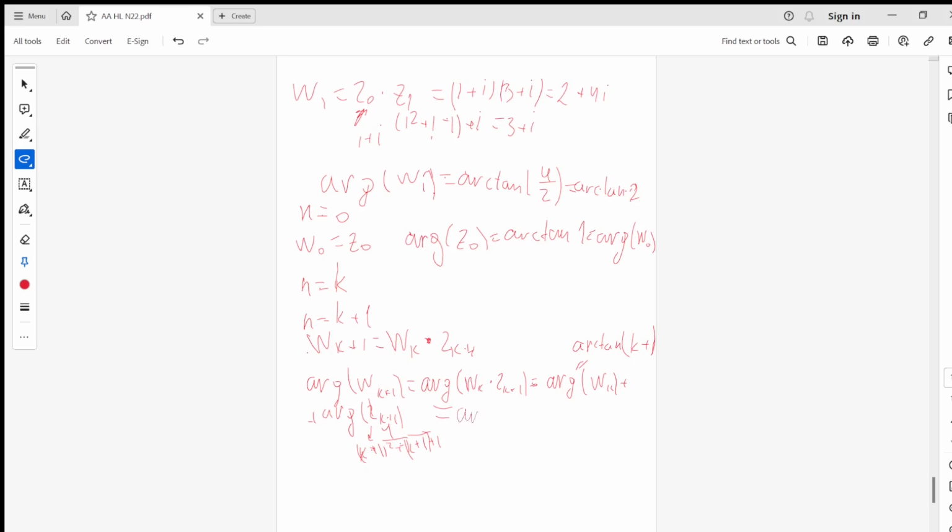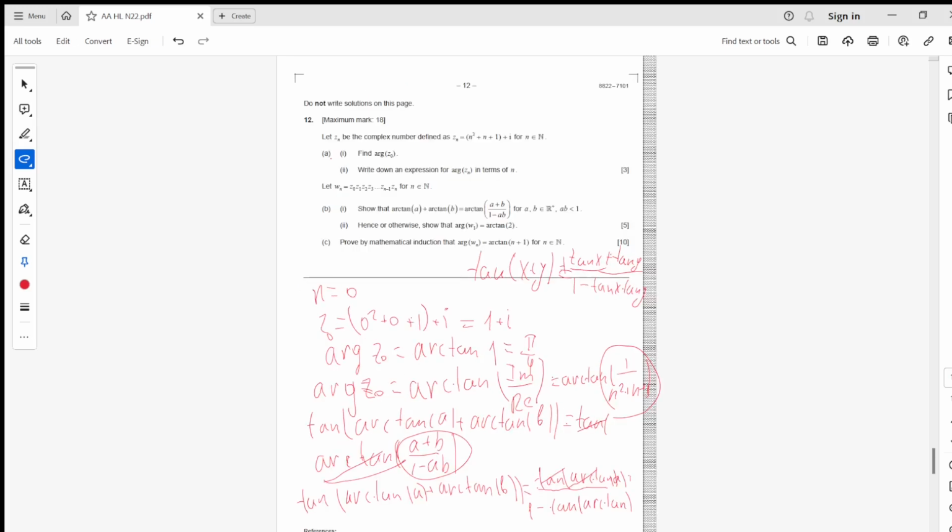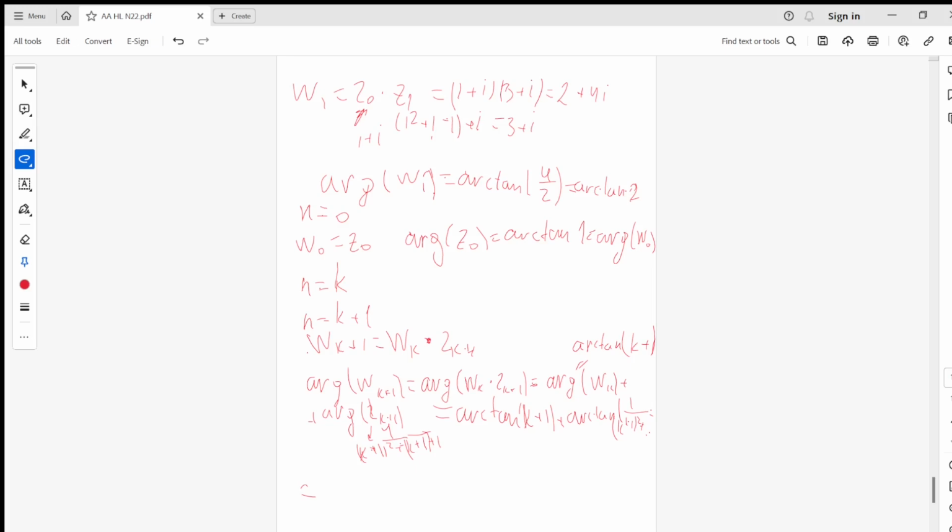So what we need to do is just simply add arctangent of k plus 1 and arctangent of 1 divided by k plus 1 squared plus k plus 1 plus 1. We just put dot dot dot, okay? And we can use the following formula. So it's equal to arctangent